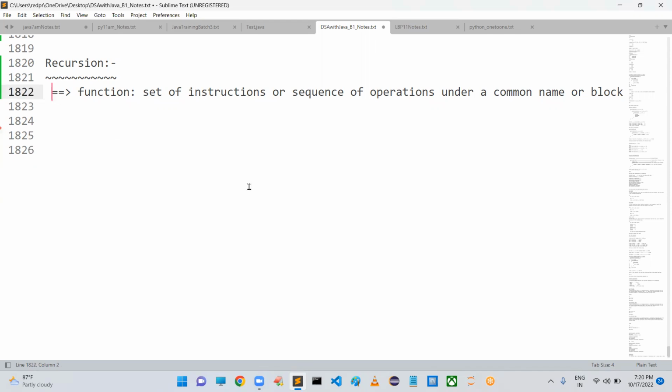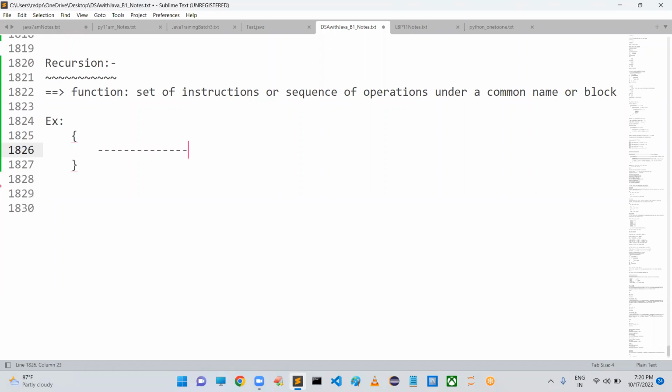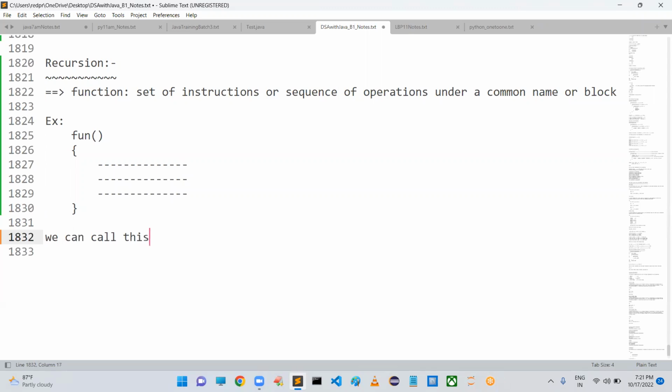How can you define this function? In any programming language, we write our instructions like this. The advantage is that we give some label to this, let it be fun. We can call this fun any number of times based on our requirements.